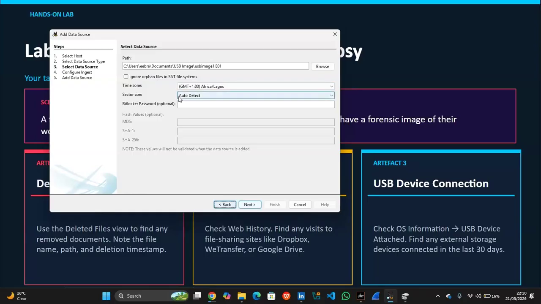That's perfect. BitLocker password. So BitLocker is an encryption feature in Windows. My system actually has BitLocker encryption. If I say I'm using my drive, I need to input my BitLocker password, but I'm using a USB device which doesn't have BitLocker. So that's one of the reasons it's important to use BitLocker. So let me just quickly tell you guys.